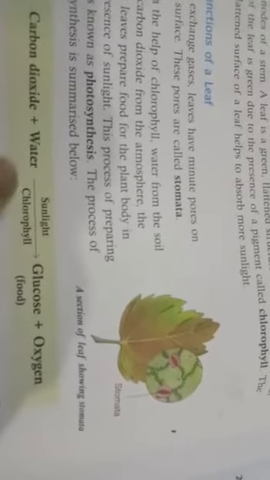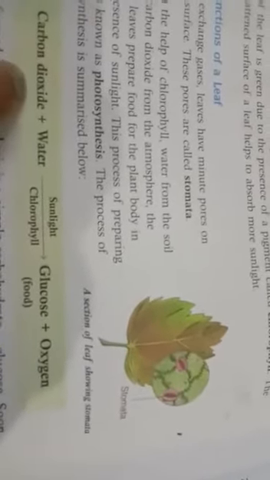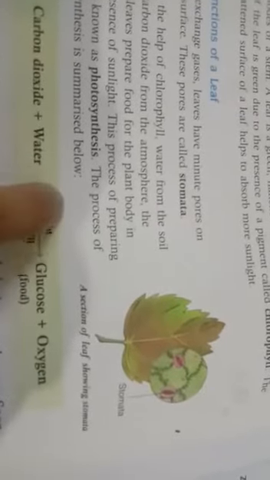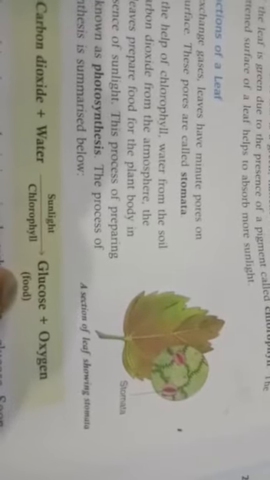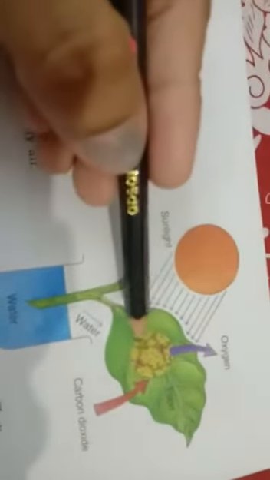So in this equation you are able to see that carbon dioxide plus water, sunlight, chlorophyll, the plant prepares the food, that is called glucose, and oxygen is released in this process. Here I am showing a figure that is clearer for you. Sunlight. First of all, the leaves take sunlight from the sun and water from the soil. It enters the plant through the stem, and carbon dioxide from air.